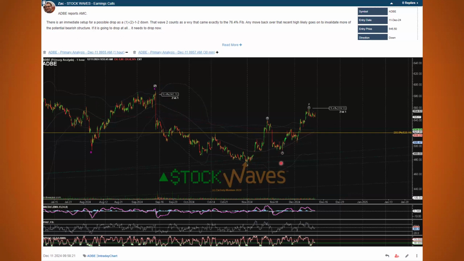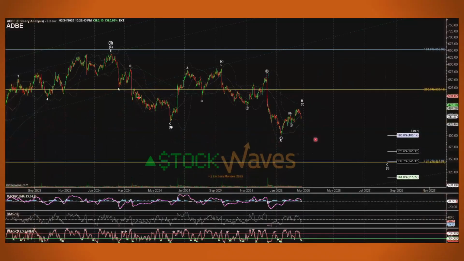And I highlighted for our members that it clearly looked like a WXY or maybe an ABC that allowed for one more high, but ideally a WXY for that wave 2 completing right at the 764 and set up to move down on or shortly after earnings. So it did drop pretty substantially immediately after that, but dropped so fast it didn't give us a clean 1-2 start to the C, what would have been the third of this